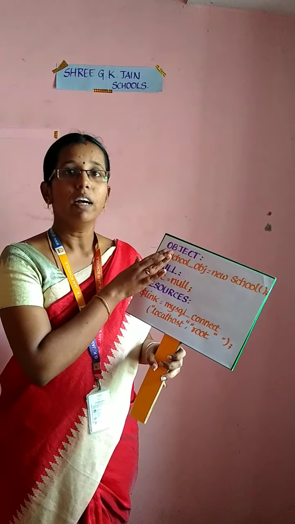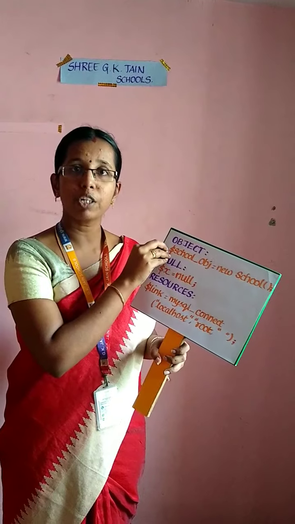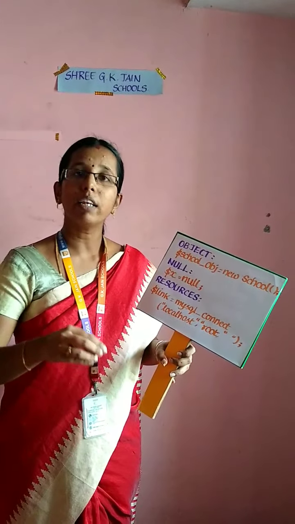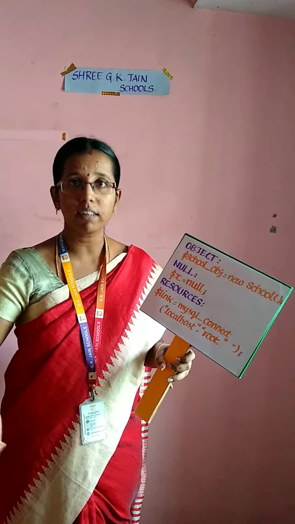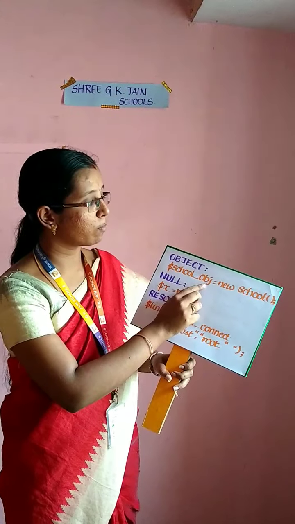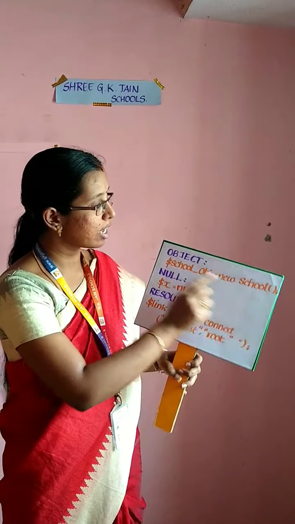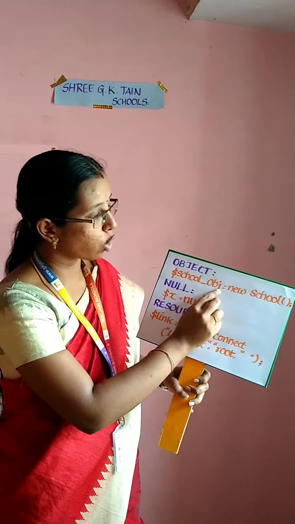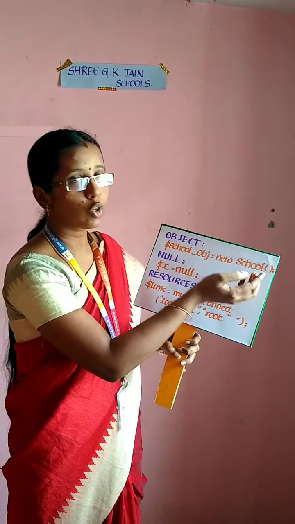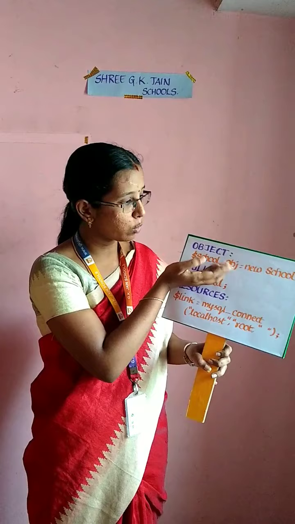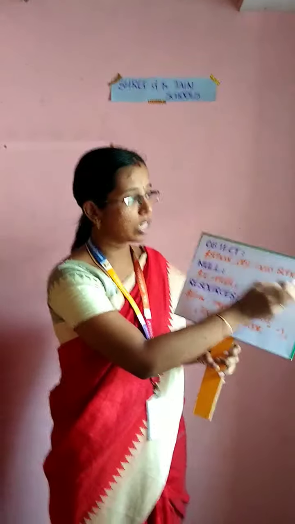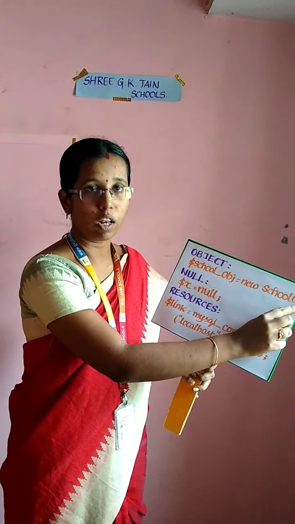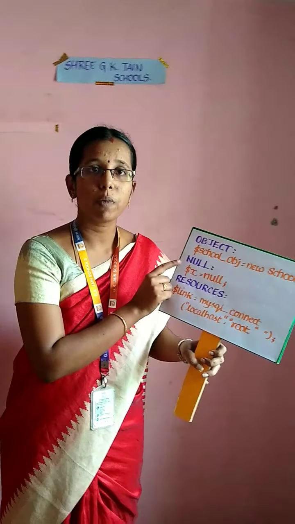An object is nothing but it will contain information about the data you are using in your program and the functions which are used inside the class. So you have to create an object by using the following syntax: $school_example, school_object is equal to new school. So I am creating here an object with the name school_object by using a class name, and that terminates with a semicolon. And the next type is null.